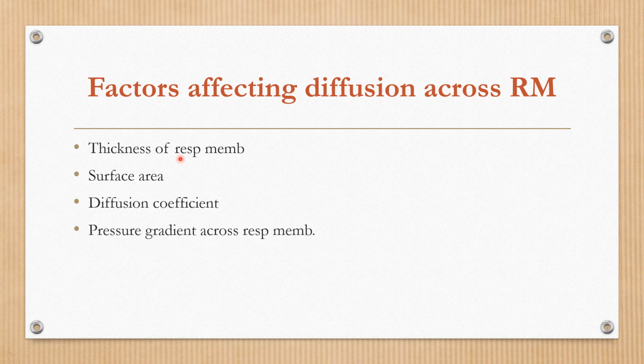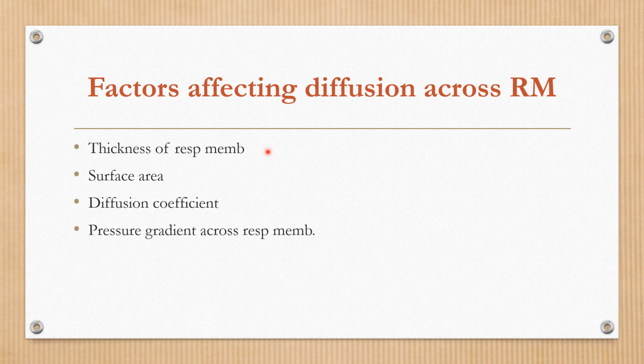So if the thickness increases, what happens? There will be significant decrease in the gaseous exchange because it has to travel some more distance. So what we can infer from this, the rate of diffusion through the membrane is inversely proportional to the membrane thickness or diffusion distance, which is denoted by small d. So volume of gas diffused is inversely related to d. So any factor which increases thickness will therefore decrease the gaseous exchange. Examples are some diseases, like pulmonary edema and pulmonary fibrosis.